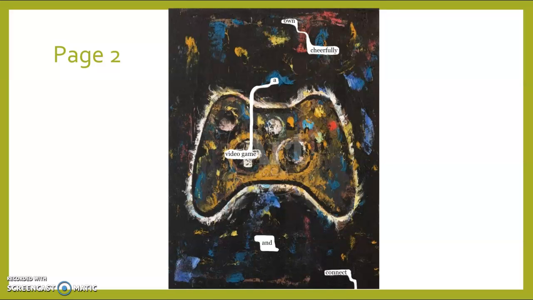For page 2, I noticed the words video game and wanted to create the sentence from there. I was then able to create "own cheerfully a video game" and connect. Online, people are able to connect with online friends, helping them form connections. This is seen in the movie when Theodore interacts with the angry creature in his game, which provided him with